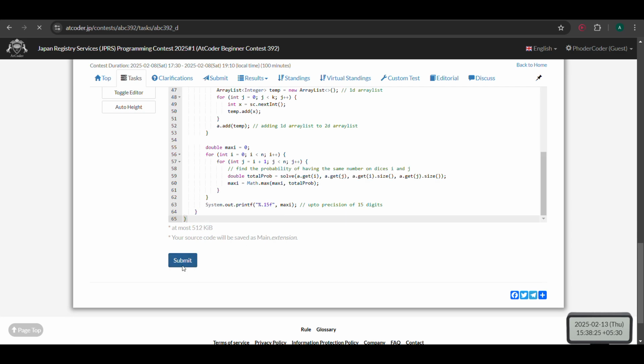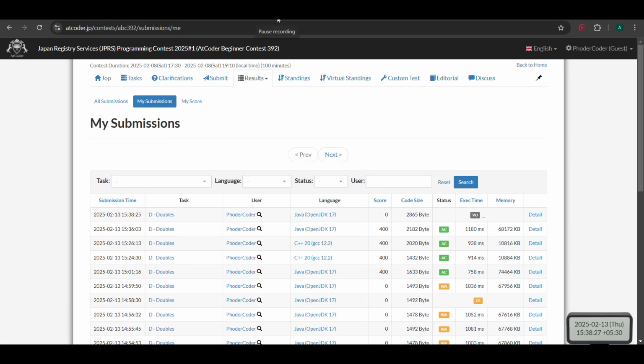So let's submit this one. Let's see. As you can see, the code also got submitted. Alright, so the total time complexity of this code would be O(n^3), right? Both of these codes would be O(n^3),